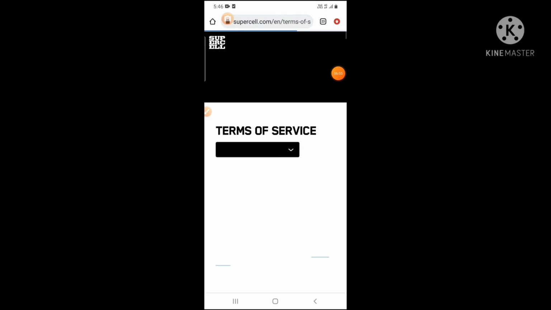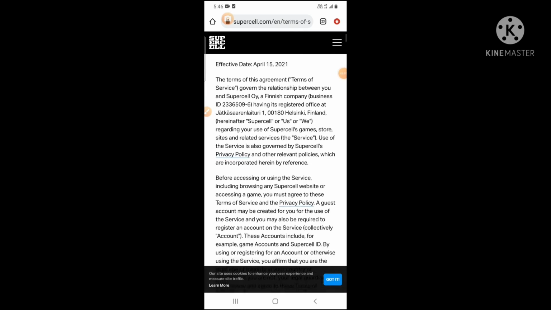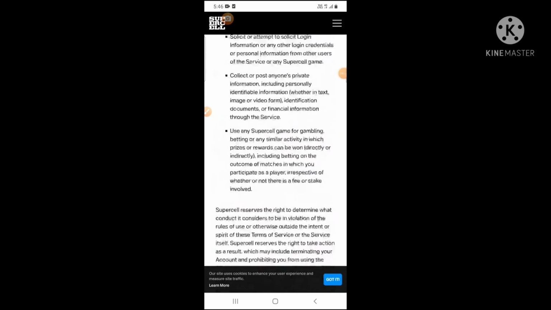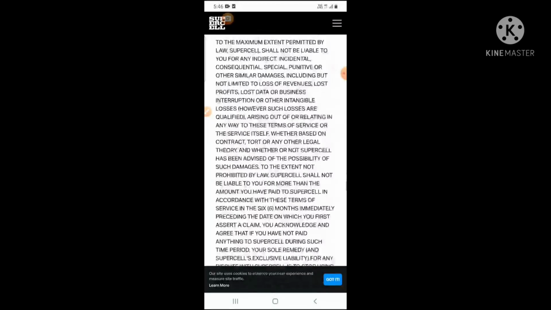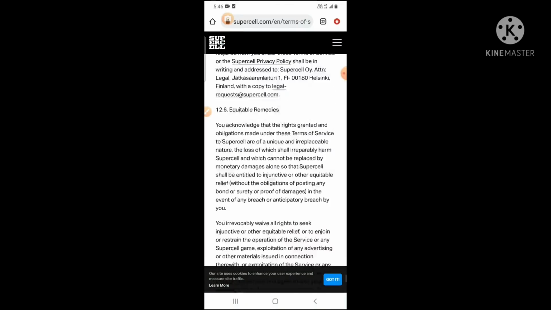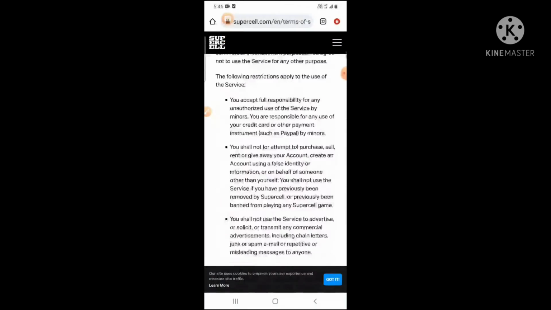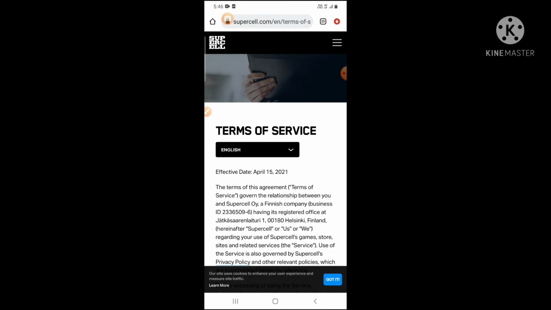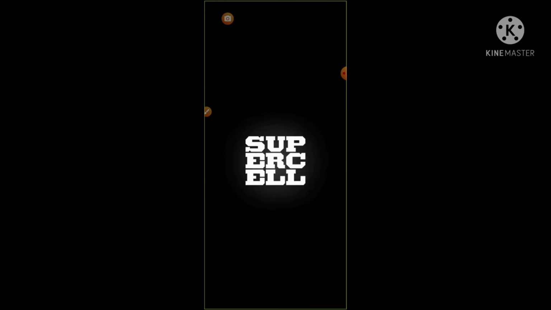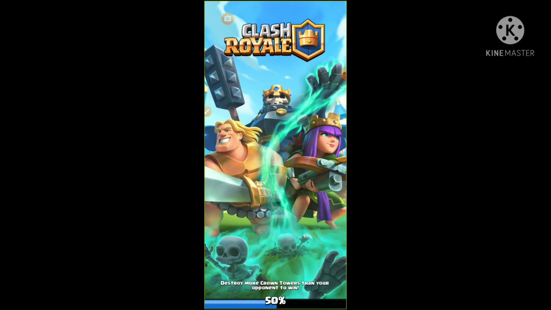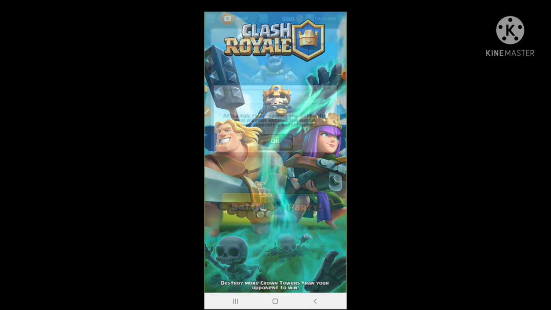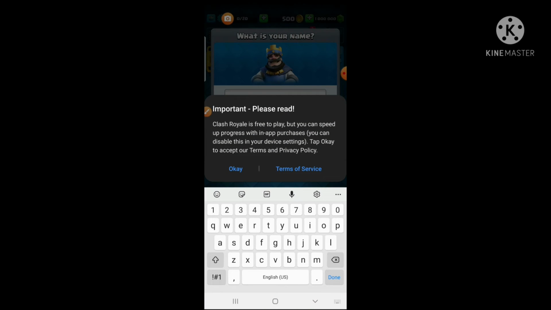I clicked on the terms of service. After reading the terms of service, now you can click on OK. As I told you, my touch is not working properly. I am clicking continuously, but it was not working.